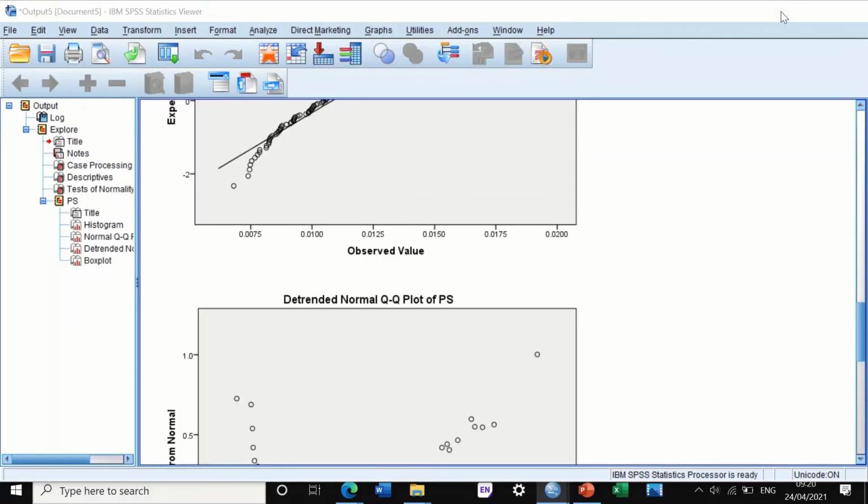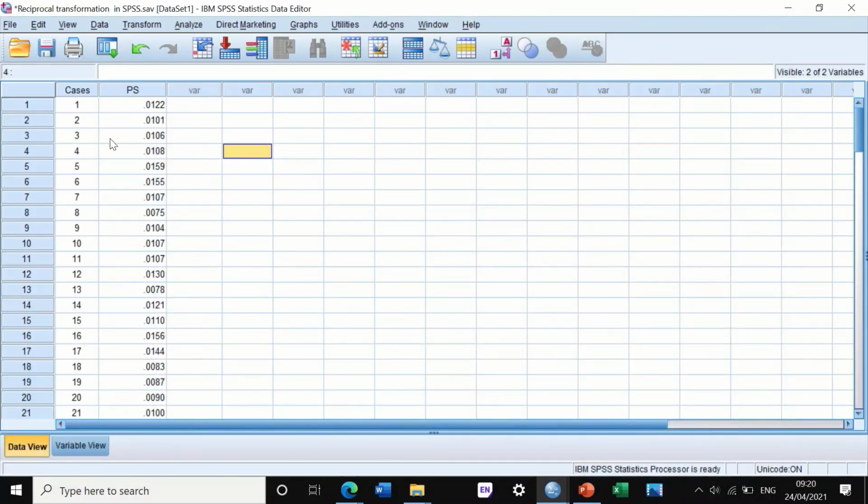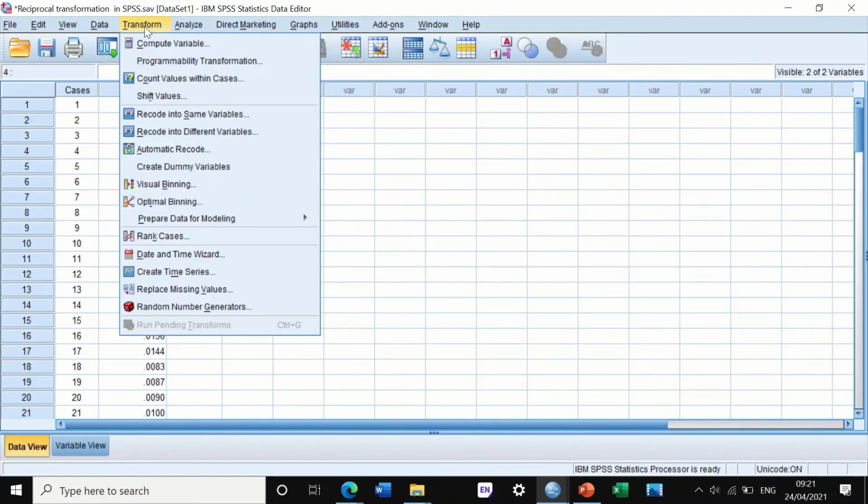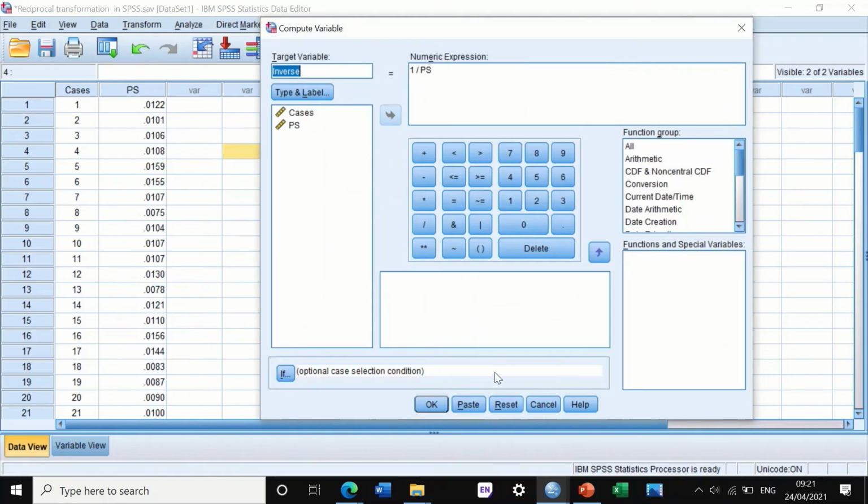Now, how can I correct these data? So I'm going to use one of the options that is available to transform the data. There are 3 options: one of them is to use the log10, another one is to use square root, and a third one is to use reciprocal. And to do reciprocal transformation, click on Transform, Compute Variable, reset this, and I'm going to generate a column where the data on the PS column will be computed, and I'm going to call it inverse